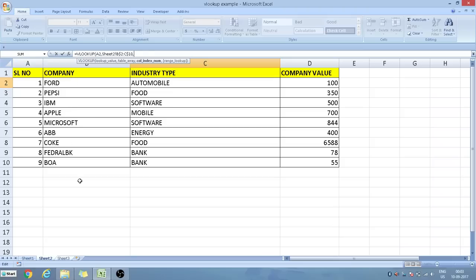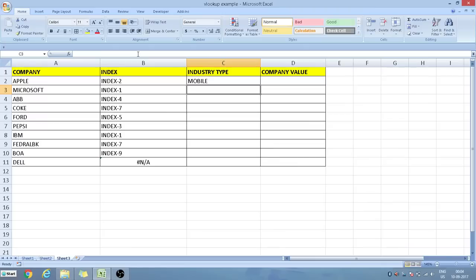Now this column is basically column 1 and we need a value from column 2. So I will write here 2 and then as I told, I'm looking for an exact match, so I will write FALSE and I will press enter.